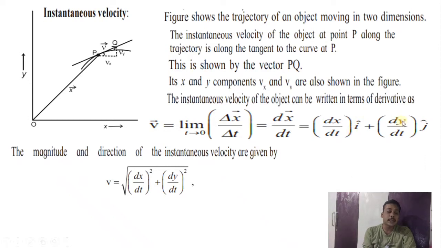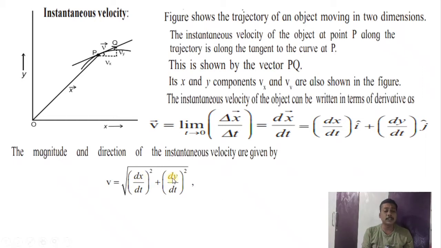For average velocity, we know the magnitude is v equal to under root vx square plus vy square. Here in instantaneous velocity, instead of vx, the x component of velocity, we write the derivative of displacement with respect to time along the x-axis, and the derivative of displacement with respect to time along the y-axis. So we take dx by dt whole square, the coefficient of i cap, and the coefficient of j cap. These are the components of instantaneous velocity along the x-axis and y-axis.